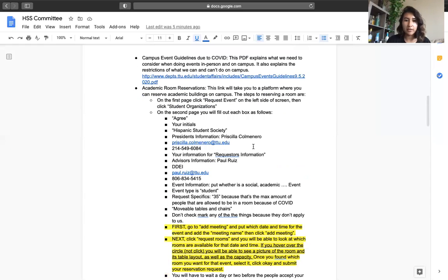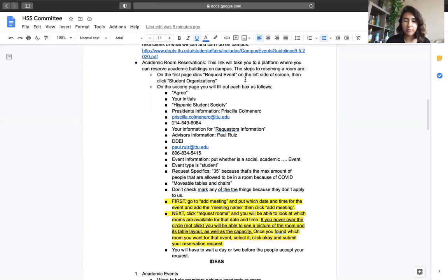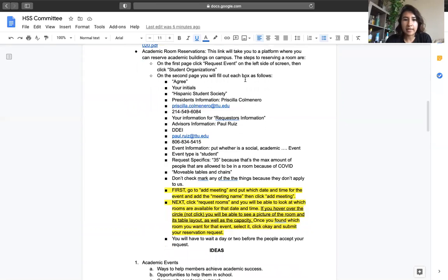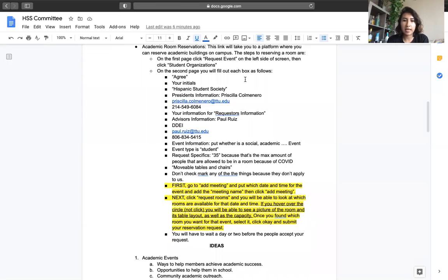Obviously we have a lot of restrictions because of COVID. This PDF document tells you what we can and can't do when we're doing in-person events on campus. Look at that and see what we are able to do for the event you are planning. We are allowed to reserve rooms on campus except at the sub, so we are allowed to reserve rooms in academic buildings.